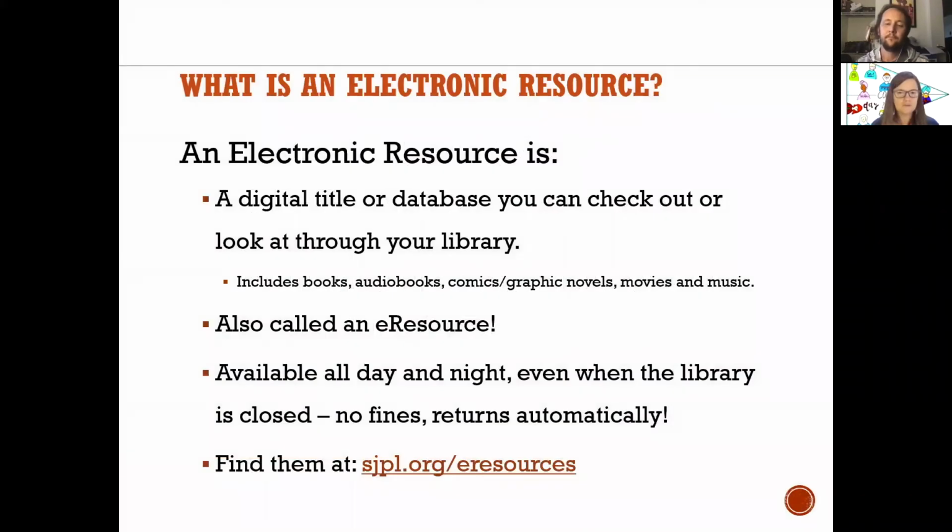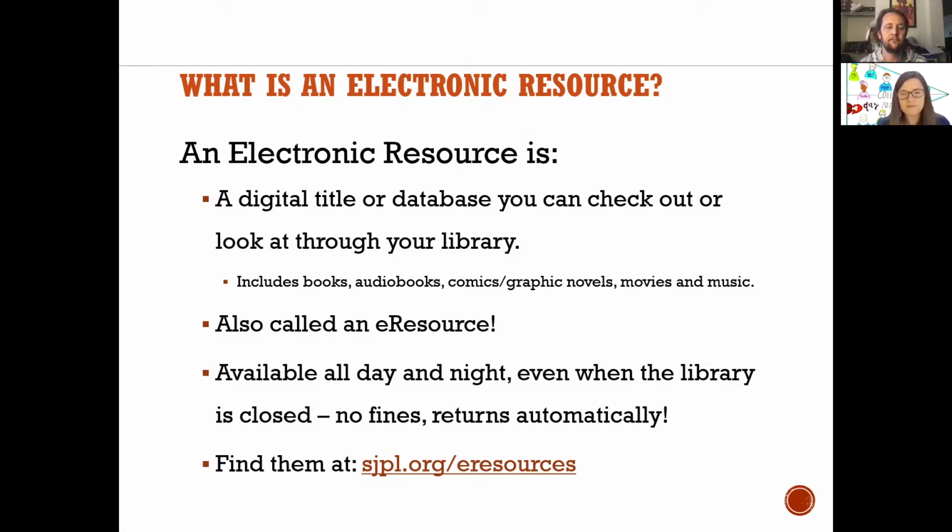So electronic resources is kind of library terminology. It's library language for anything that we pay for access to in the same way that we buy books and we buy DVDs and books on tape and encyclopedias and magazines, except that we're buying it in electronic form, again, to share out among the public. And it can be anything from books and audiobooks and movies and music to article databases.